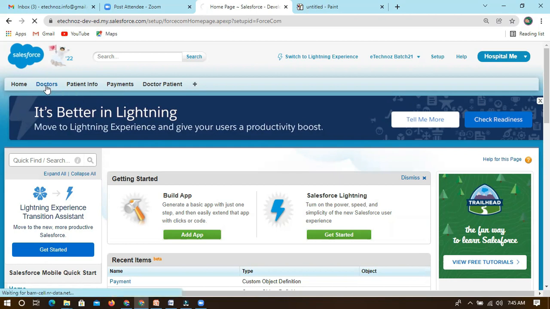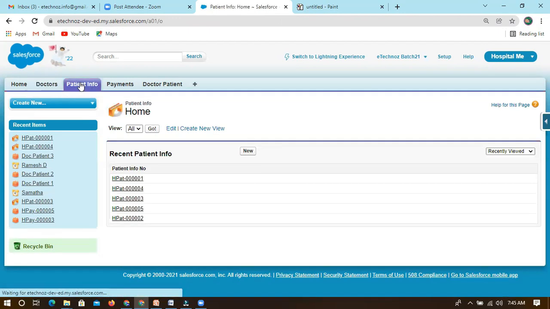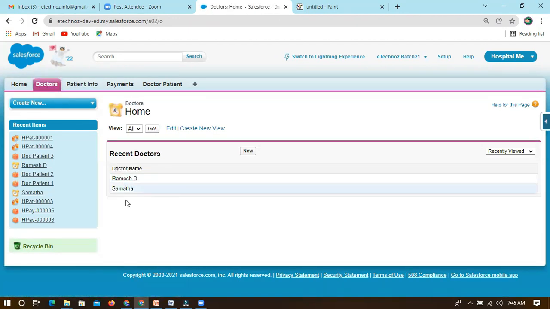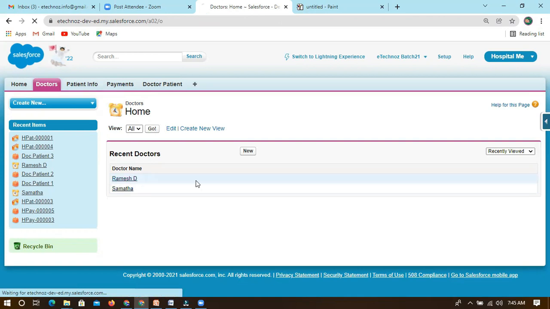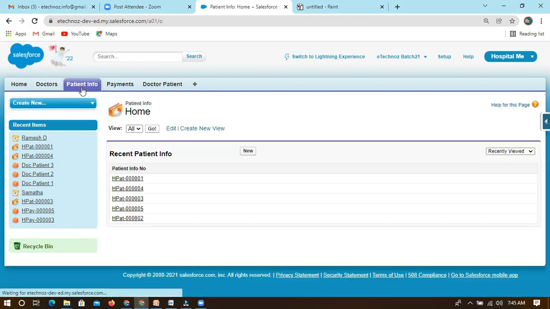All the records are created at doctor's level, and these records are used in the patient information. In this doctor object we created two records, Ramesh and Samatha, which can have multiple information. These are all the properties we created as fields, and for this we created data, which we just map to the patient.